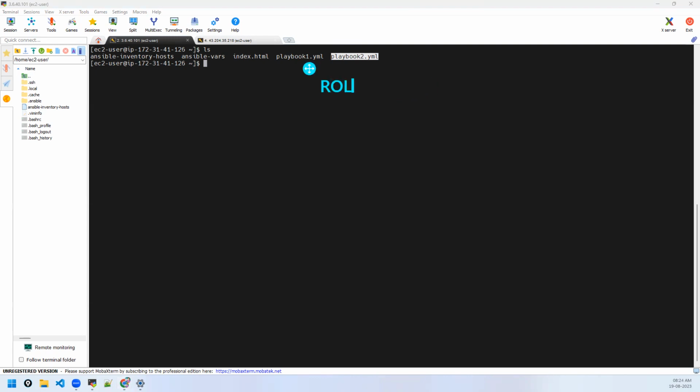Roles is an advanced concept in Ansible. We have learned that playbooks bring complete automation, but now I say there is a much better option to automate this through roles. Instead of you calling a separate playbook each time, I'll call only one playbook from now. This playbook will be calling a role. Role is nothing but a directory with a predefined